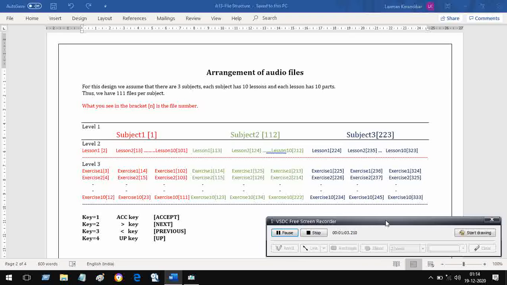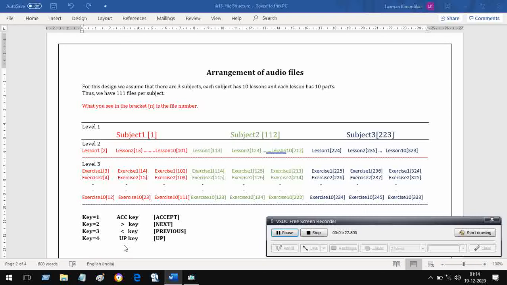Today, we are going to actually use the keys. They are wired and you can use those keys. I'm going to focus only on four keys. Key number one is accept key. Key number two is next key. Key number three is previous key.